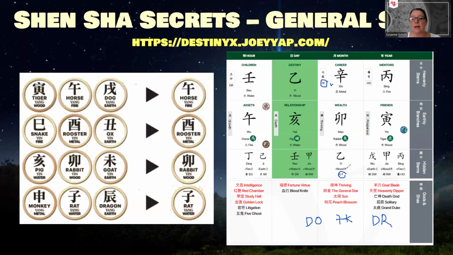Now, if it is combined with the 7 killings, like in this particular case, then the person has the ability to achieve a very, very high level of authority and status. Yeah, they may even be in a position where they are in charge of matters of life and death. Like a general, for example, or a judge, who determines a sentence for